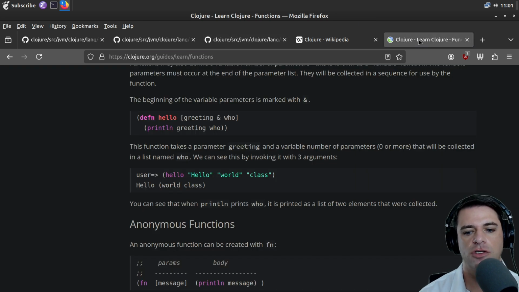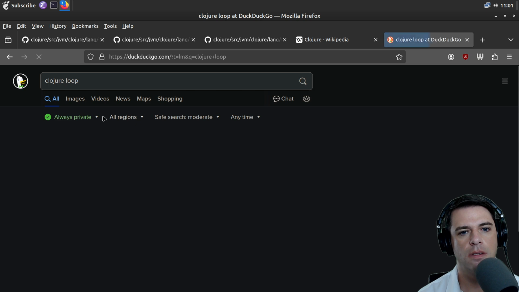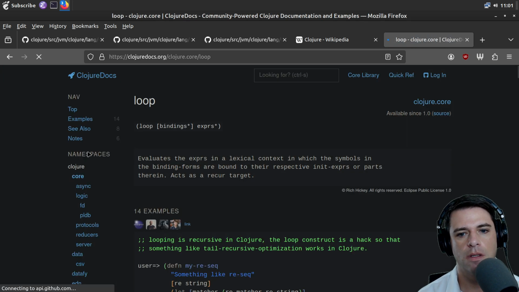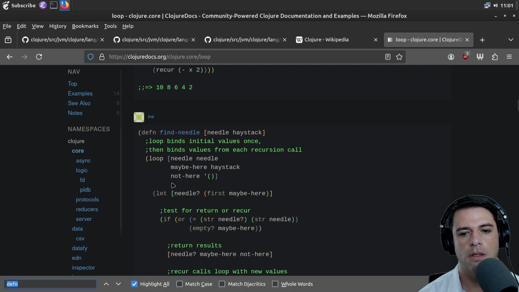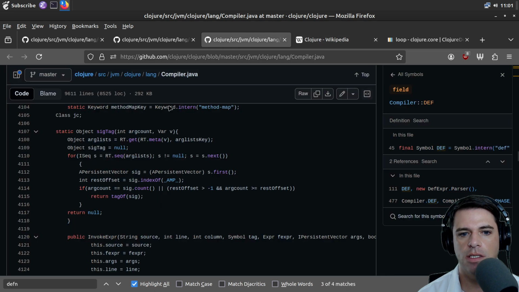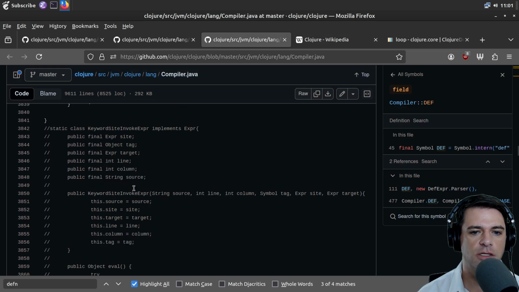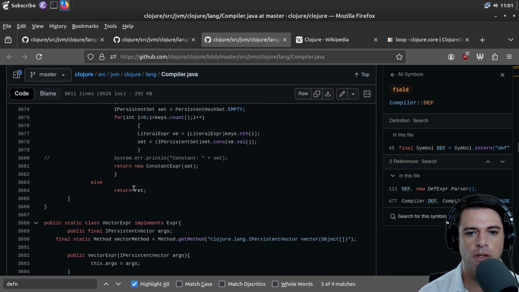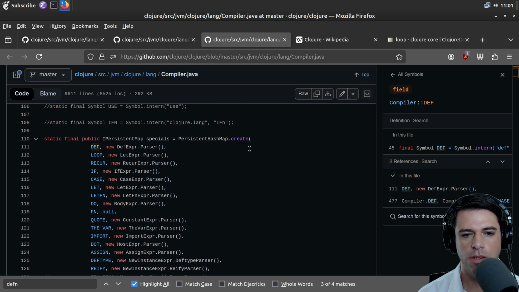How about we look up Clojure loop? So loop does seem to be a reserved word, but it's not all caps. So I don't know. Maybe this is the Java side of stuff that's implemented in Clojure, but we'll see.